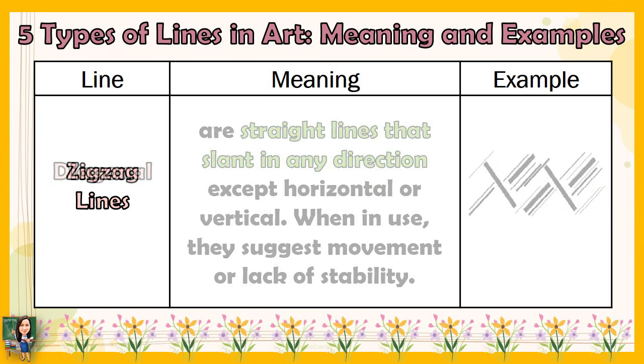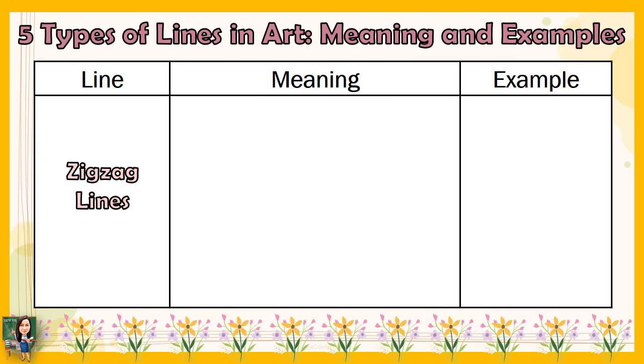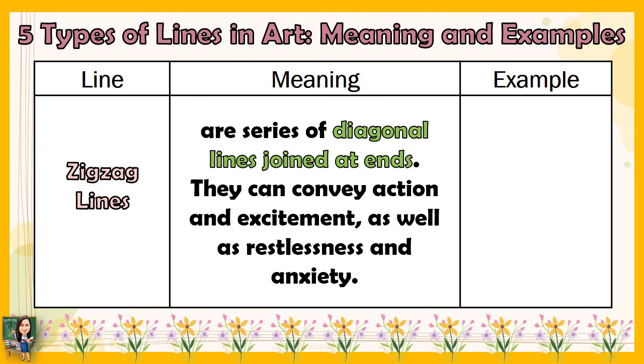Another line is zigzag lines. Zigzag lines are a series of diagonal lines joined at ends. They can convey action and excitement, as well as restlessness and anxiety. For example,